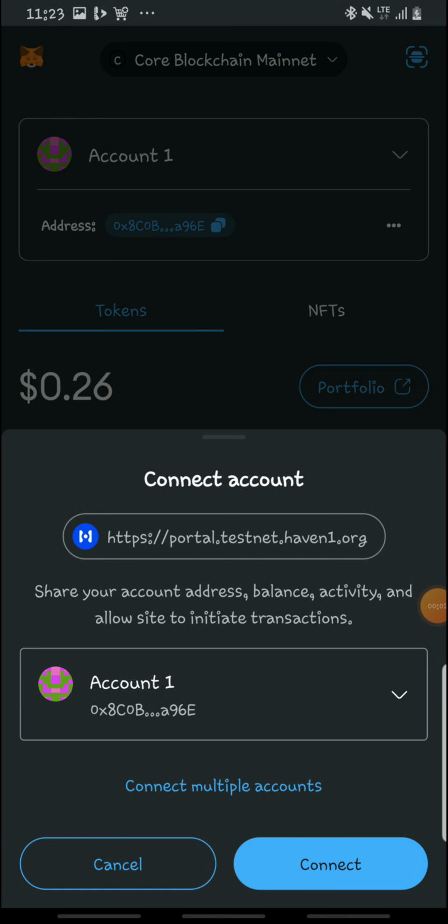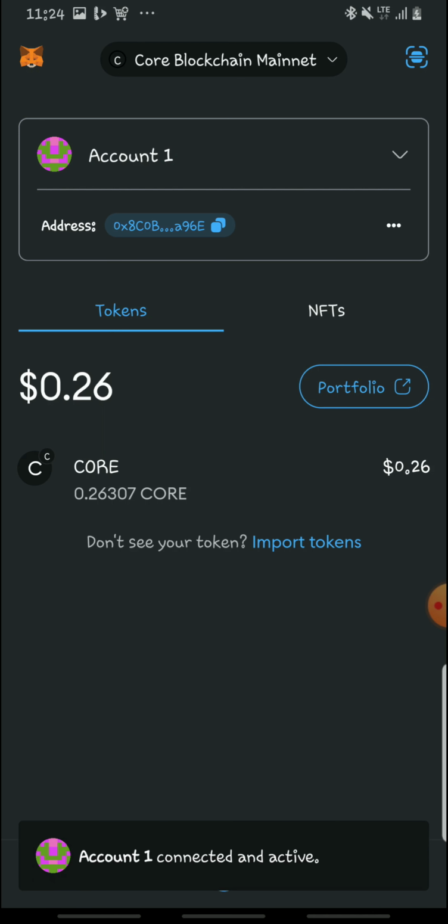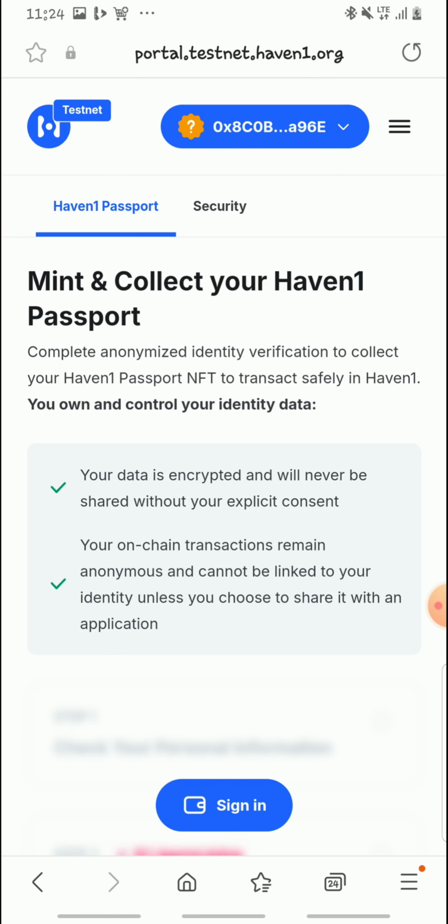The prompt will come up, so you just have to tap connect, control connected and active. Then you just have to sign in again for you to claim your